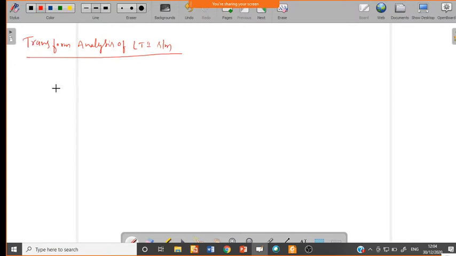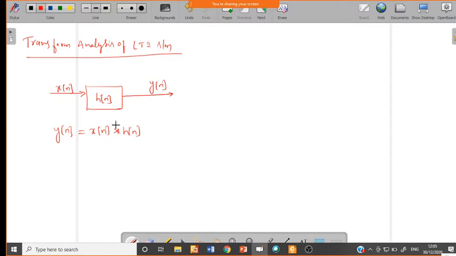If we have a discrete time LTI system, this is with respect to discrete time because x of z refers only to discrete time signals, the z transform. You have the impulse response h of n and the input x of n, and you will get the output y of n. So we know the response of this system. If you want to get y of n, you have to convolve these two signals, x of n and h of n.